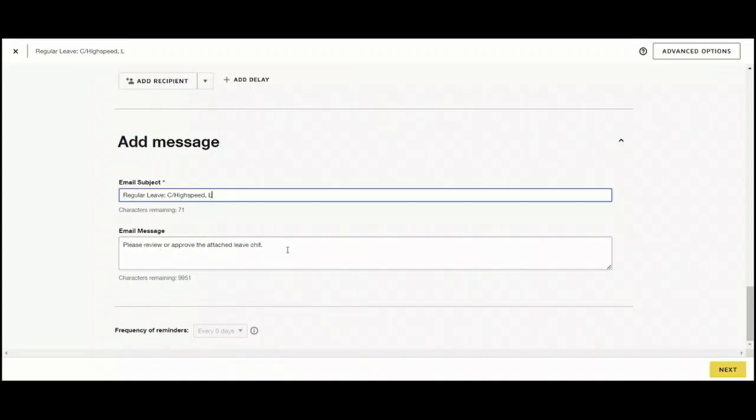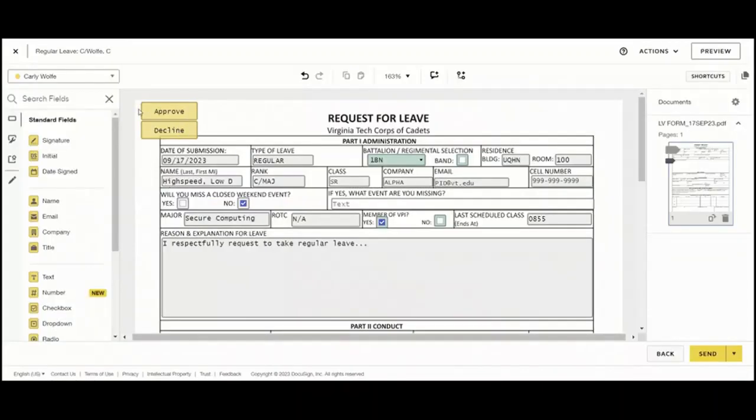This email message is auto-generated. You can change this if you've been given instruction to do so by your chain of command, but otherwise you can just go ahead and leave this as the default. Once you're ready to go, you can hit this next button and it'll send you to the form to fill out. So, in the top left-hand corner, you'll see these approved decline buttons. You don't have to worry about these. These are going to be used by the first person in your chain